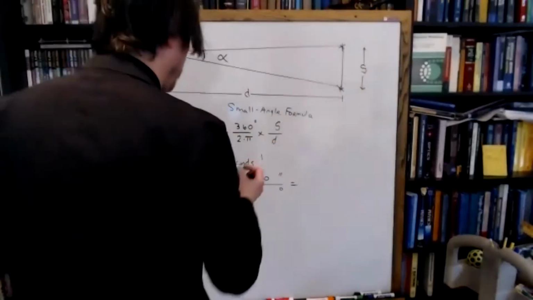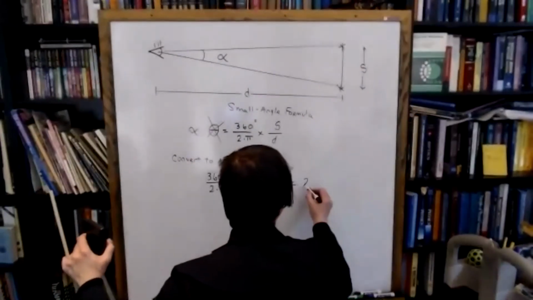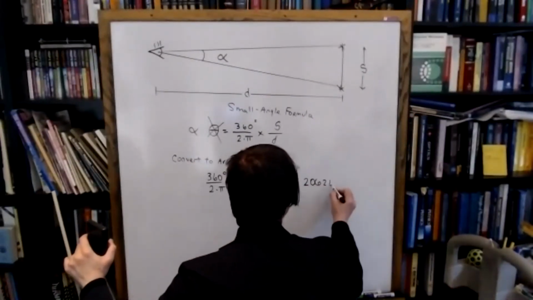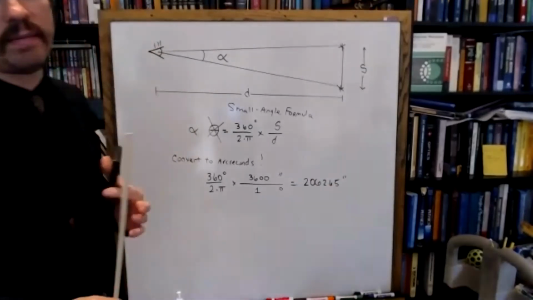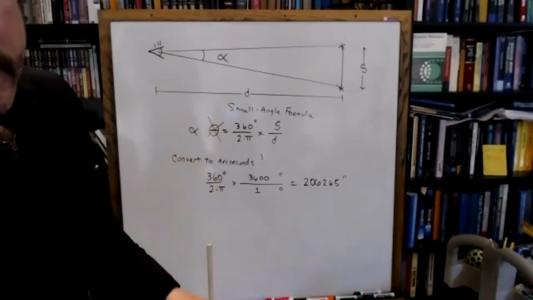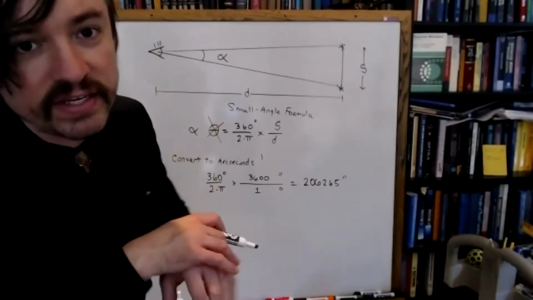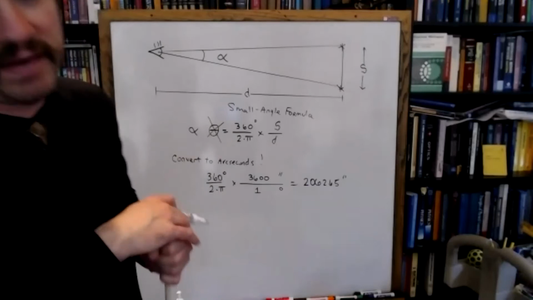And you get a magic number in astronomy, 206,265 arc seconds. This number, 206,265, which is for enlightened users the number of arc seconds in a radian, appears